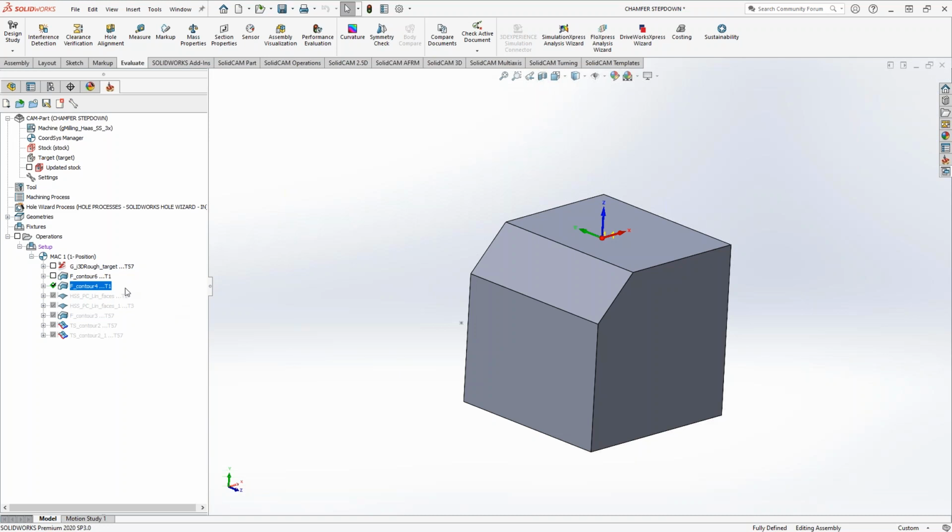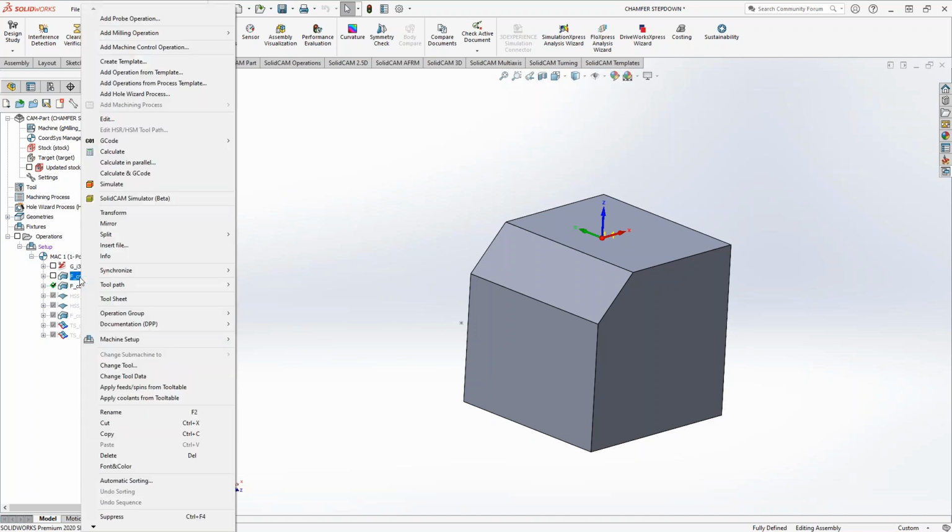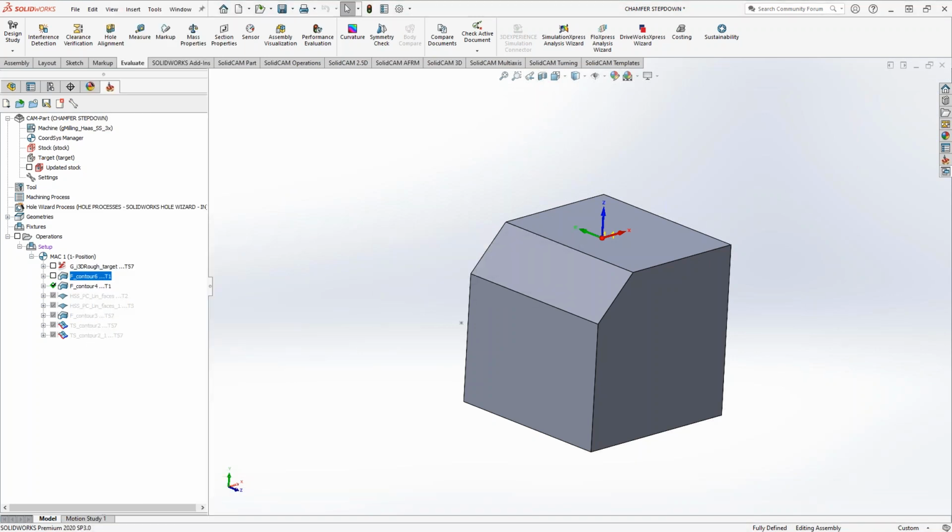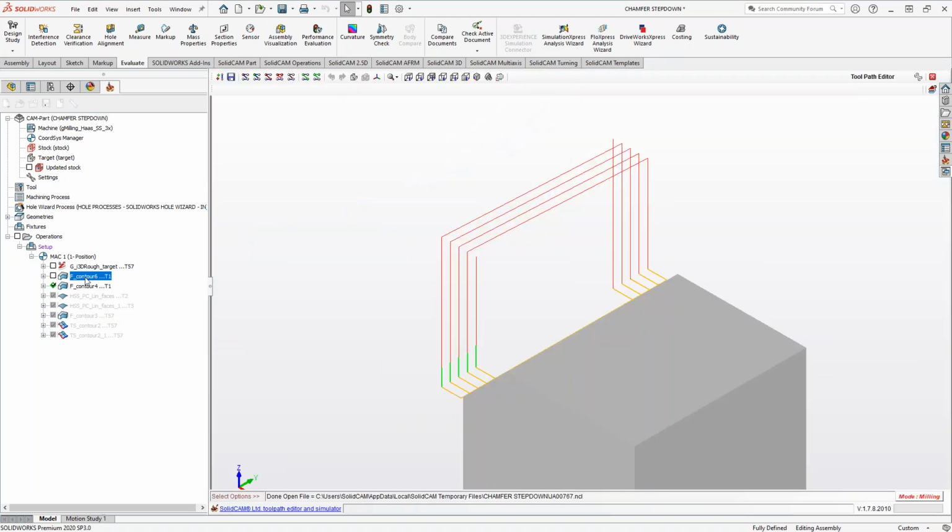But how do we get to the toolpath manager? Finally, we'll talk about it. So you can right click on the toolpath, go to toolpath, and then go to edit. Now that's actually different than if you were to right click on the toolpath and go to edit, because what that does is open up the toolpath manager, the one that you're familiar with when you create your toolpath and all that. This toolpath editor, which has kind of a weird different name and all that,